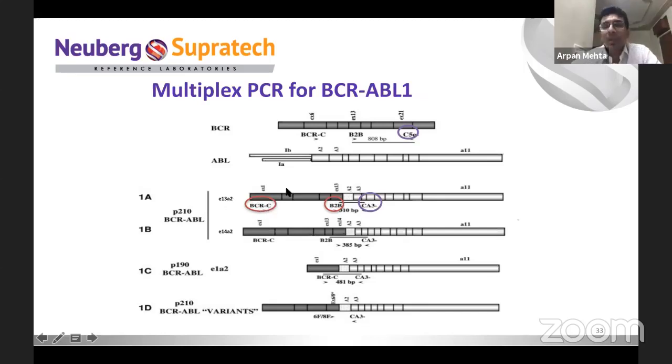So whenever there is BCR-ABL1 fusion, for example, if we see an E13A2 type of transcript, then we will see two types of products. One is a control product that we will see in all individuals because the BCR gene will be present in all, and another specific product for E13A2 that is formed by these two primers. Suppose it is an E14A2 type of transcript, then we will again see two products. One is the control product and one is the E14A2 specific product. So by knowing the length or size of the product, we can know which type of transcript is present in the patient.